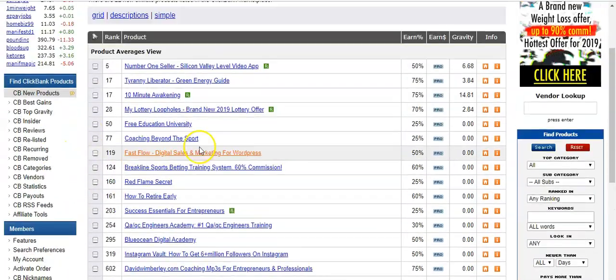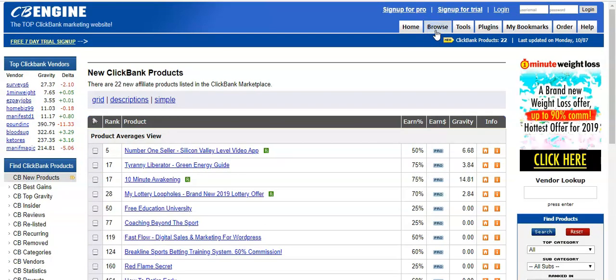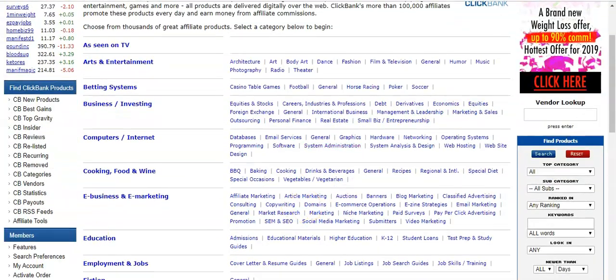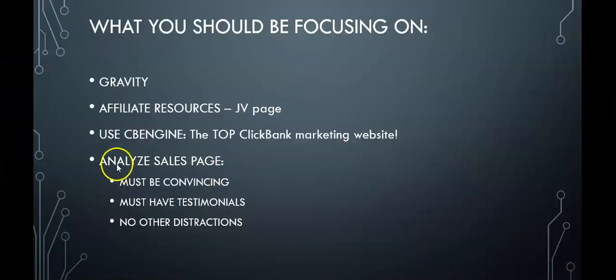You can play around with this, you can browse, and it's a very cool website that can help you out in your research. And the final thing that you should be focusing on is to analyze a sales page. It must be convincing, it must have testimonials, and there should not be other